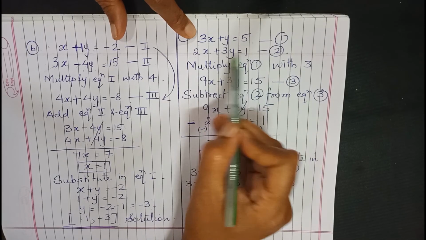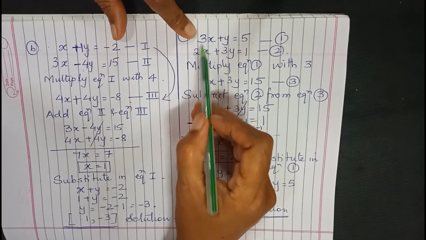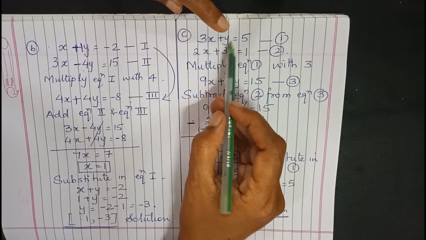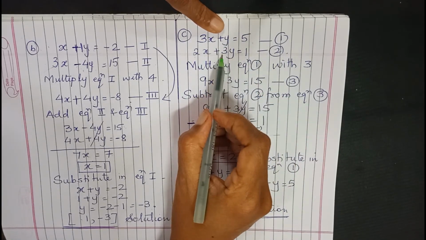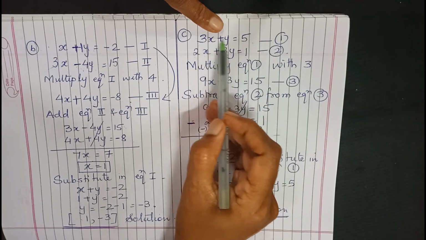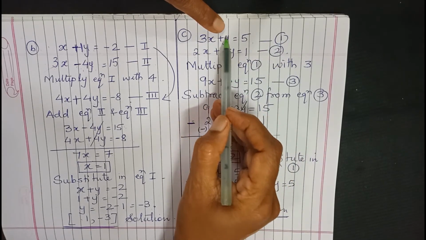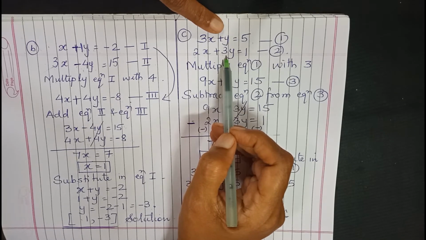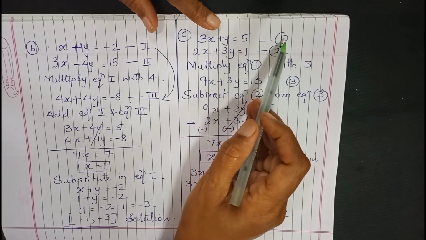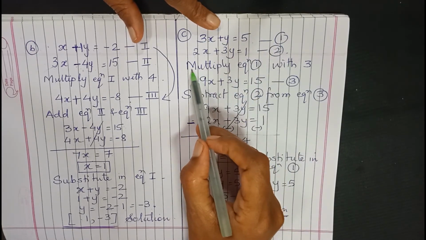Equation 1 with 2 and equation 2 with 3. So it will be two-step multiplication. And for y, you can see there is only 1 here and here there is 3. So it will be easier for me if I just multiply this first equation with 3, I will get 3y and 3y, and then I will be able to do the subtraction. So I'm saving time and multiplication by just multiplying the first equation with 3. So that's what we do.